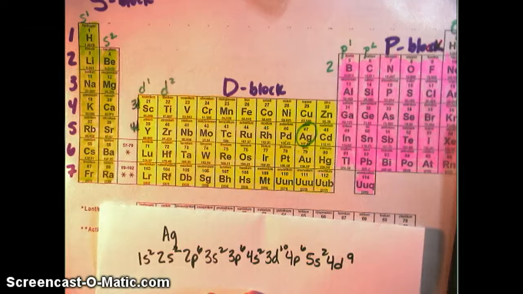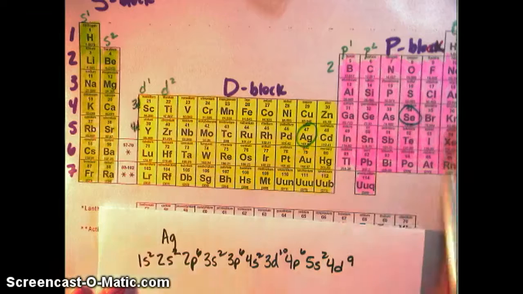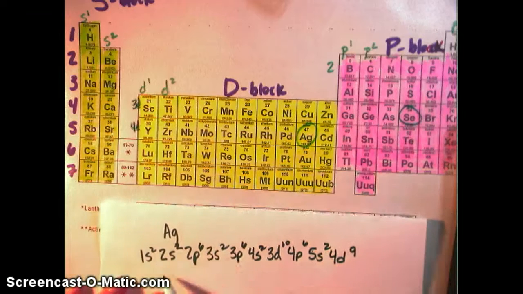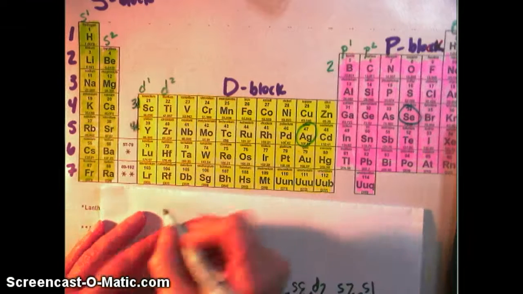Now I would like for you to try. If you want to be guided through this, you can continue on with this lesson, or if you want to just pause it, try it, and then check your answer, you can do that as well. So let's figure out the electron configuration for selenium using the periodic table. Selenium has 34 electrons,